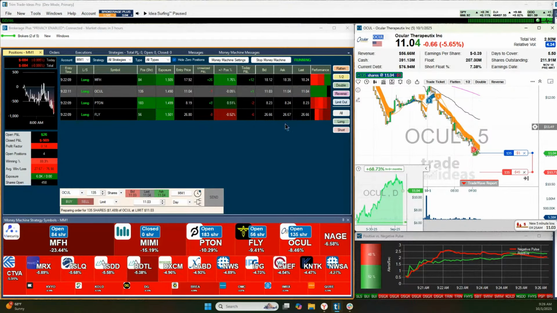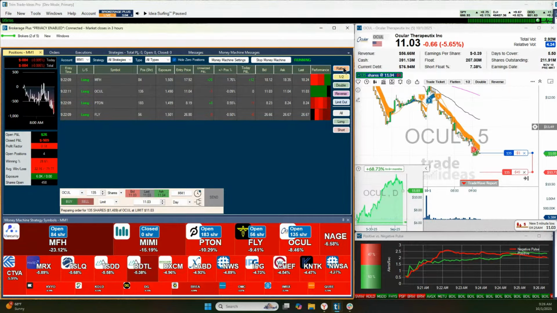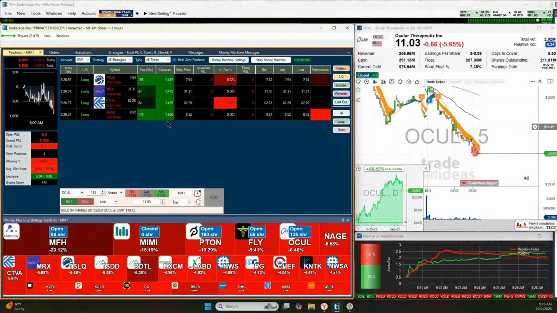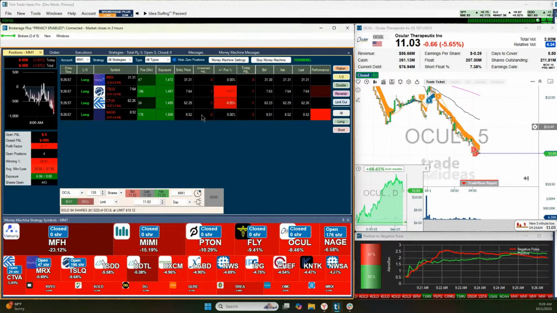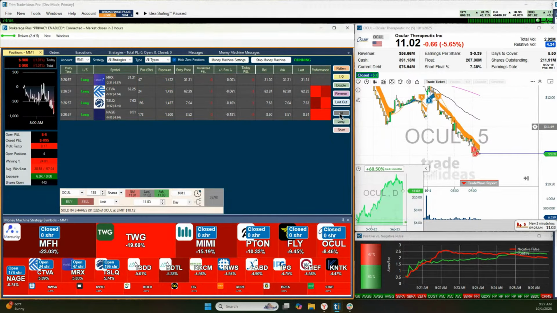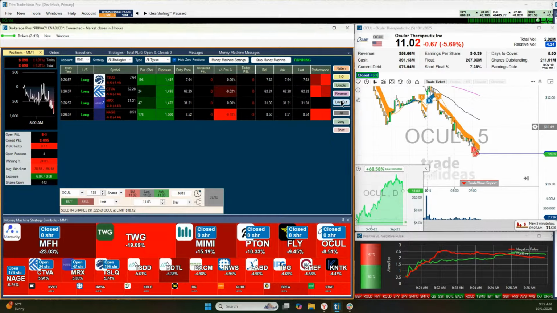Yeah, MB, you can absolutely do it. You can highlight a position and hit flatten, and that's it. In this case, once I did that, it thinks it exited and now it's getting back in. The flatten button is huge. You can say all, and if you had different stuff going on, you could say long or short. It can throw limits out. It can do lots of different things.